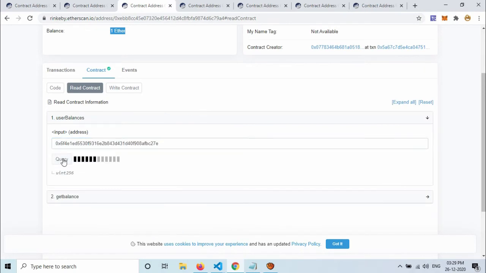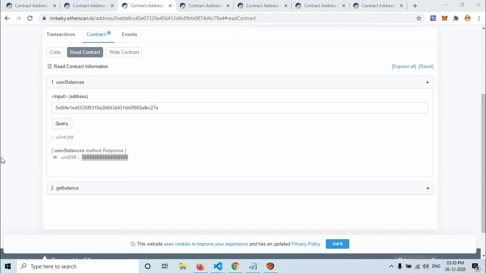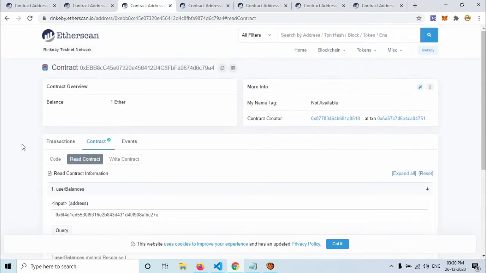Yes, as you can see, the balance of attacker contract is 0.1 ether and the total balance of victim contract is 1 ether.